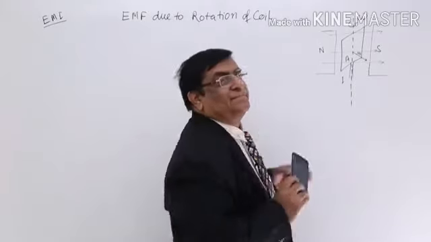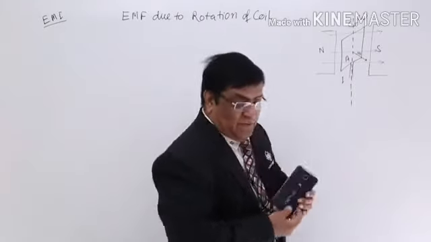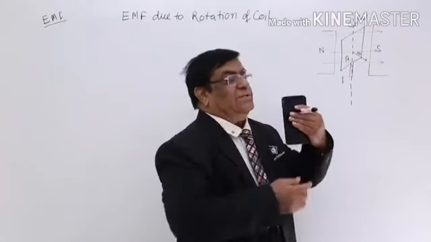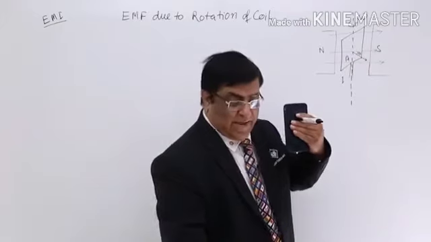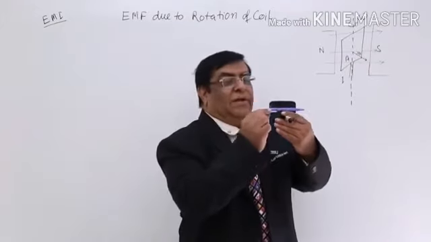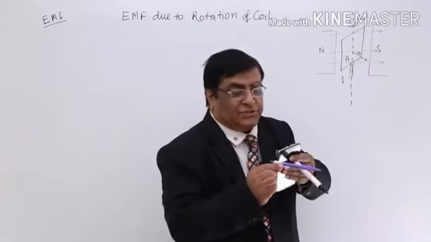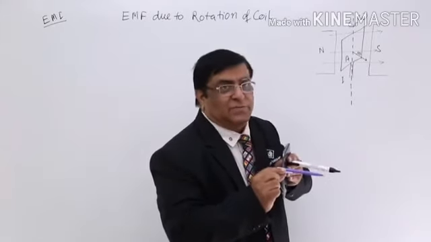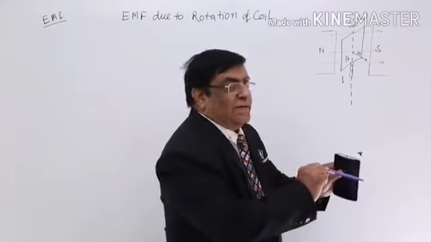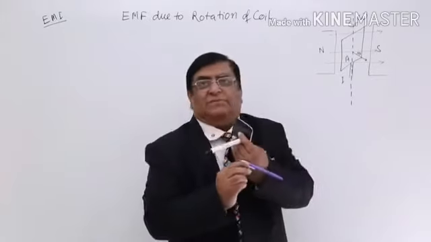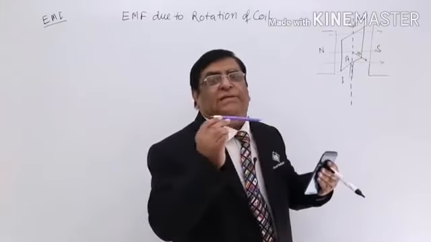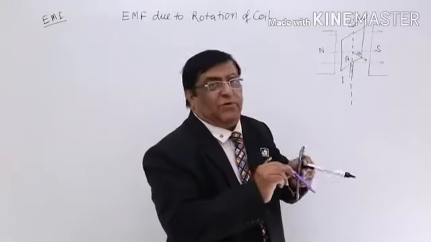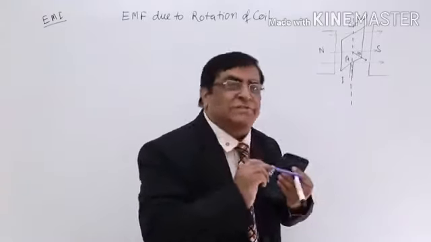When we are rotating it, where is the area vector? This is the area vector, then this is the magnetic field, and when it rotates, you see the angle between the two, 90, it has become 0. Again it has become 90, again it has become 0. So 0, 90, 180, like this up to 360, this will keep on rotating like this. The angle is always changing.